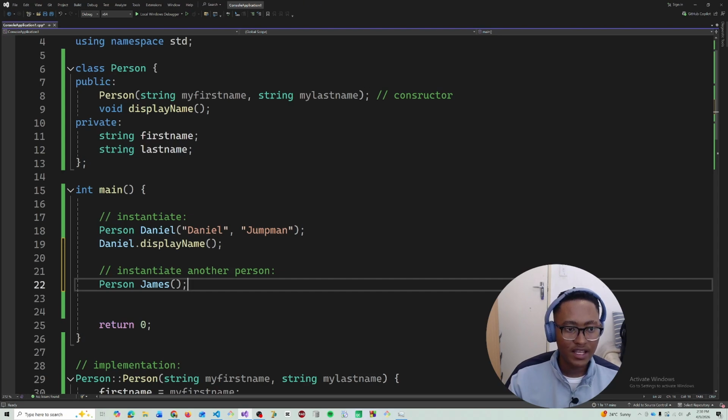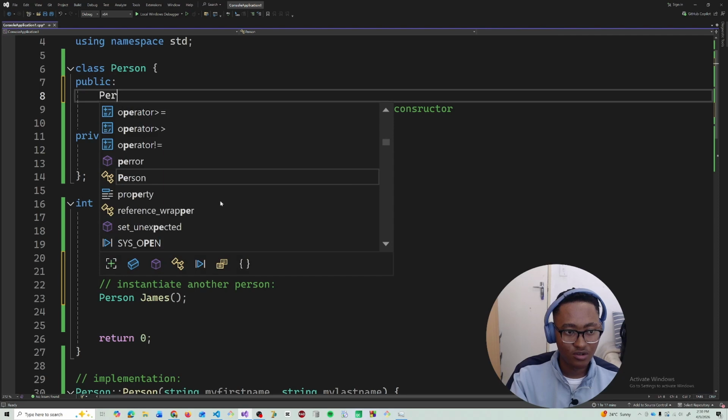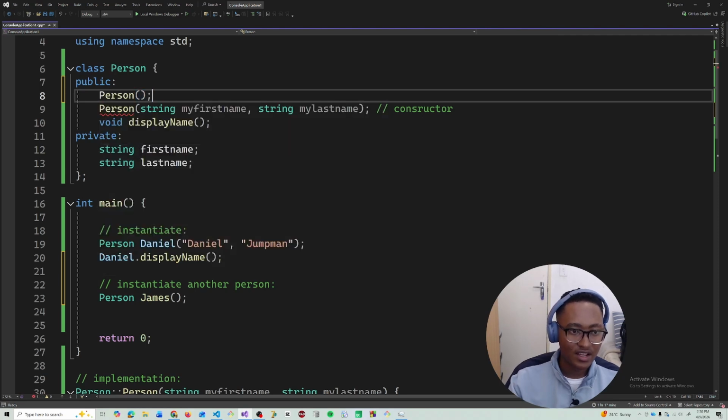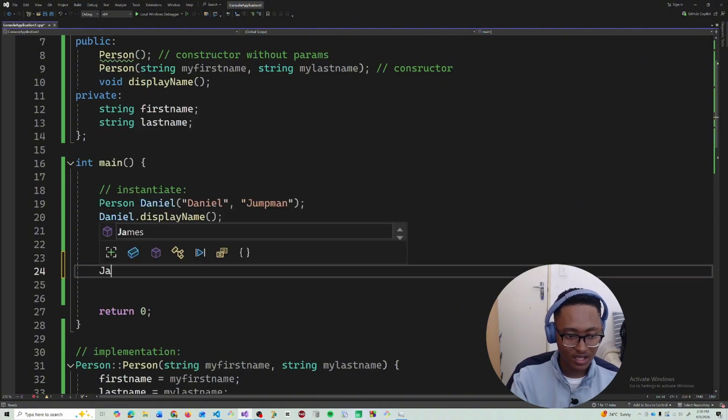So really you need to also create another constructor, and you can create a lot of constructors, by the way. So you can have a constructor called person where you don't need to pass in anything. This is a constructor without any parameters, and this now will work. So James can be empty, so I can just call James. I can say James dot display,